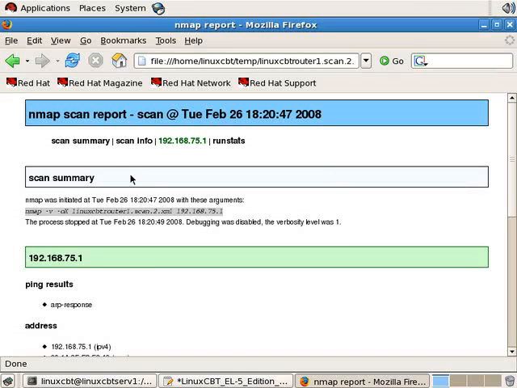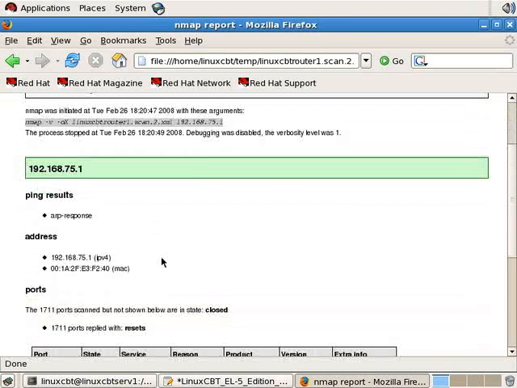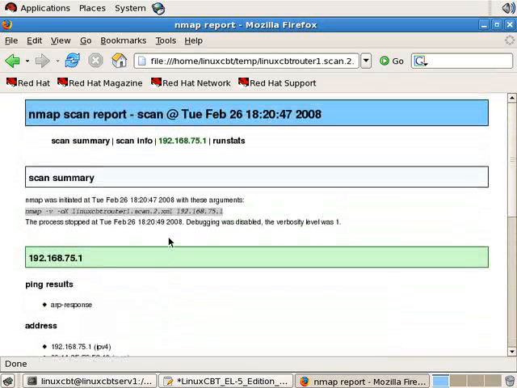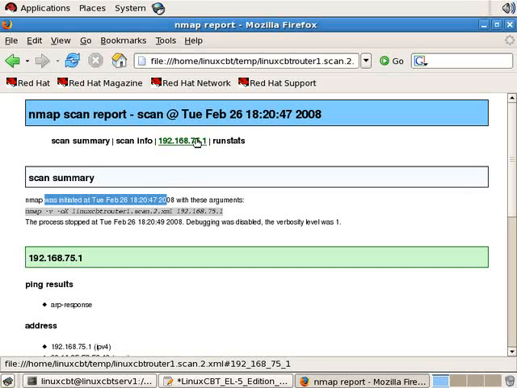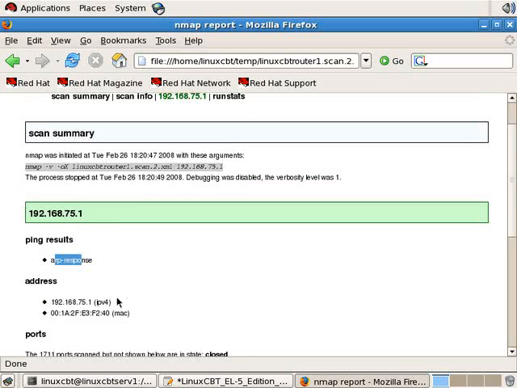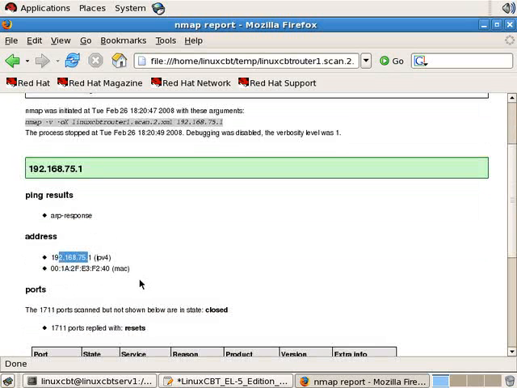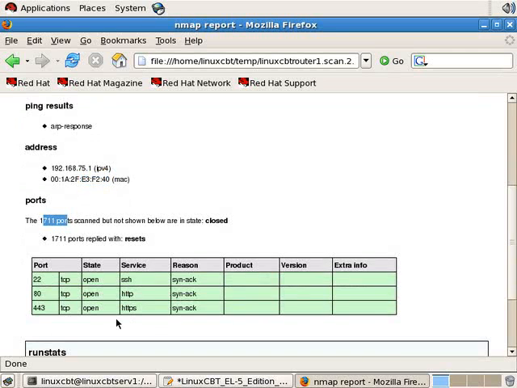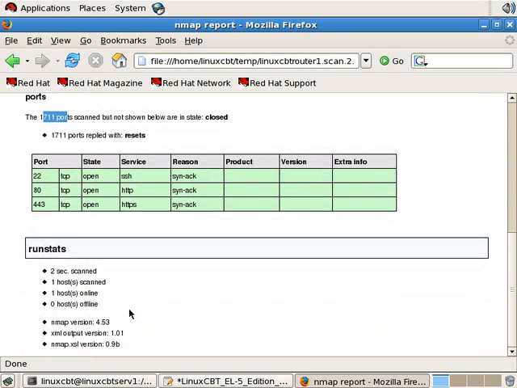So this file can be opened and examined, and it is indeed in a format that's parsable in your web browser. This is nice and neat, pretty format. It can be used in any browser. It tells you it was initiated at a given time on a given date. It tells you the host that was scanned, and if there are many hosts, you'll see entries. And you'll see results: ARP response to ping, IP version 4 address, its MAC address, the ports out of 1711 that were open,